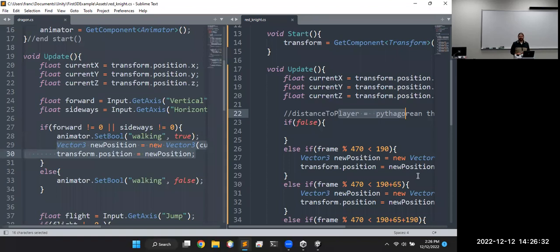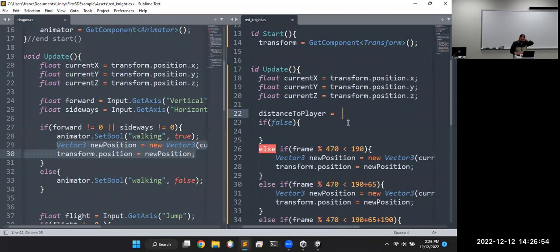And really, it's probably only 2 or 3 dimensions that are going to show up in games, but the Pythagorean theorem applies to any number of dimensions. We just keep adding things onto that sum of squares, and that equals the straight line distance squared. So what we need to find is the distance to the player. So we'll use the Pythagorean theorem, but first thing I have to do